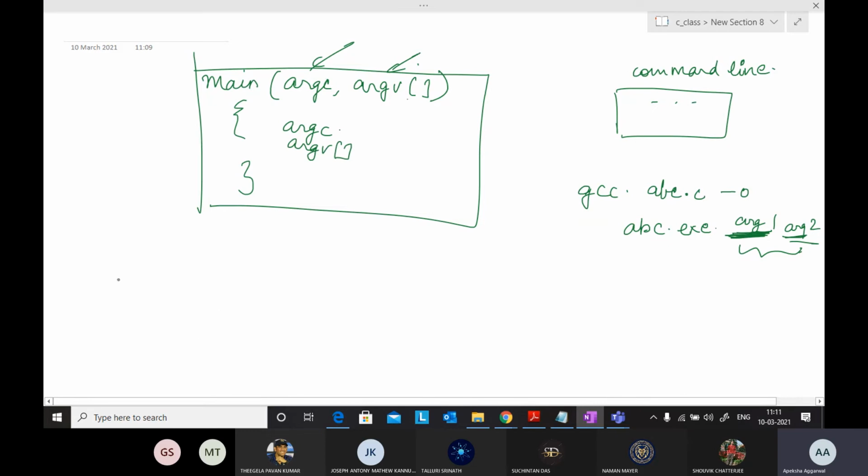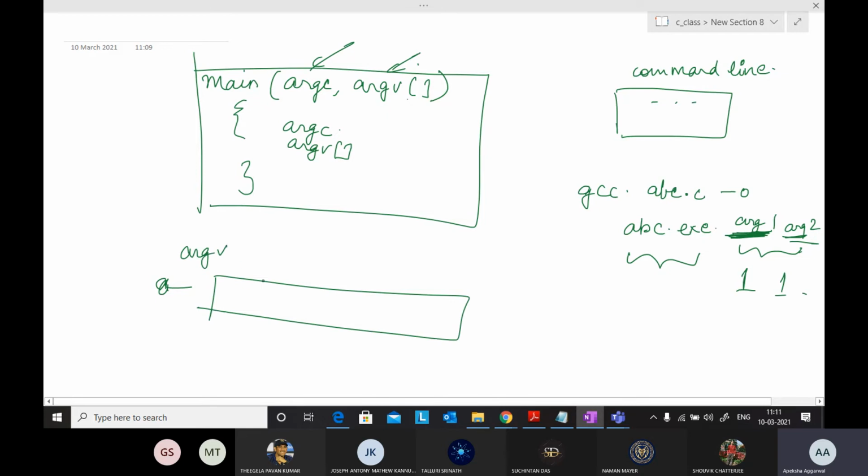Now let's see what it stores. ARGC stores the count of values that I have passed in the command line. In the command line, the first thing I have passed is the name of the file that I'm executing. So this is your ARGV array, stored from index 0.